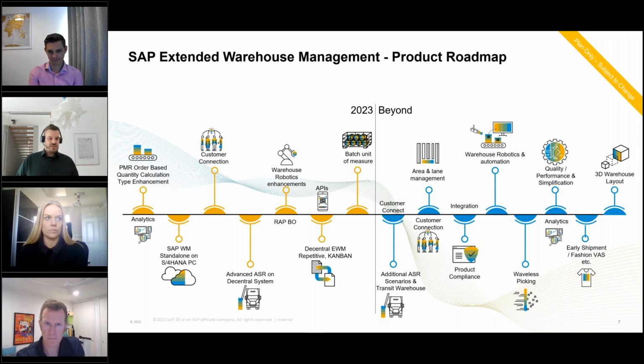The warehouse robotic story will continue. I think there's a high demand on the market with shortage of labor, so that you really need to think of, okay, how can robots support you, relieve us from easy tasks like full pallet replenishment, so that we can utilize the remaining workforce for picking processes and stuff like that. Batch specific unit of measure is kind of a feature priority topic, and we hope to close this with the 2023